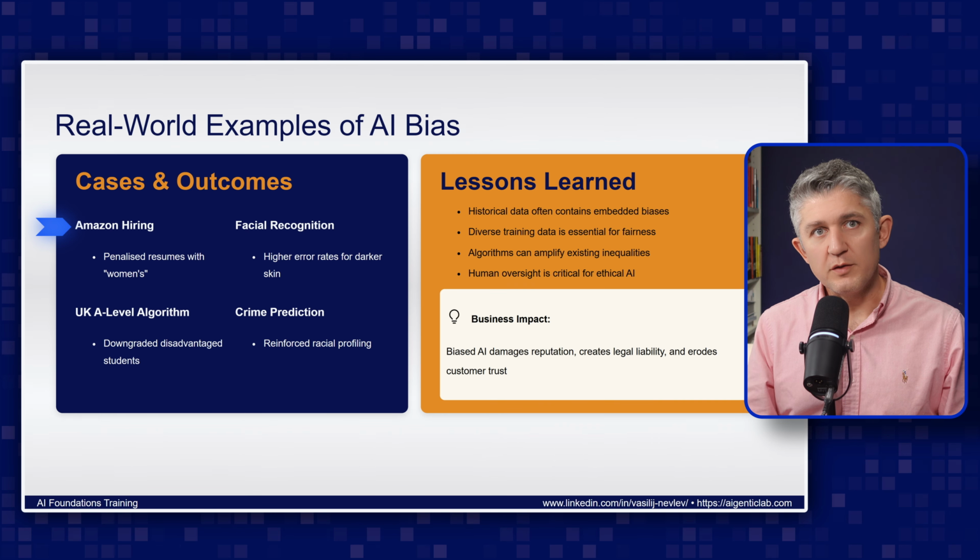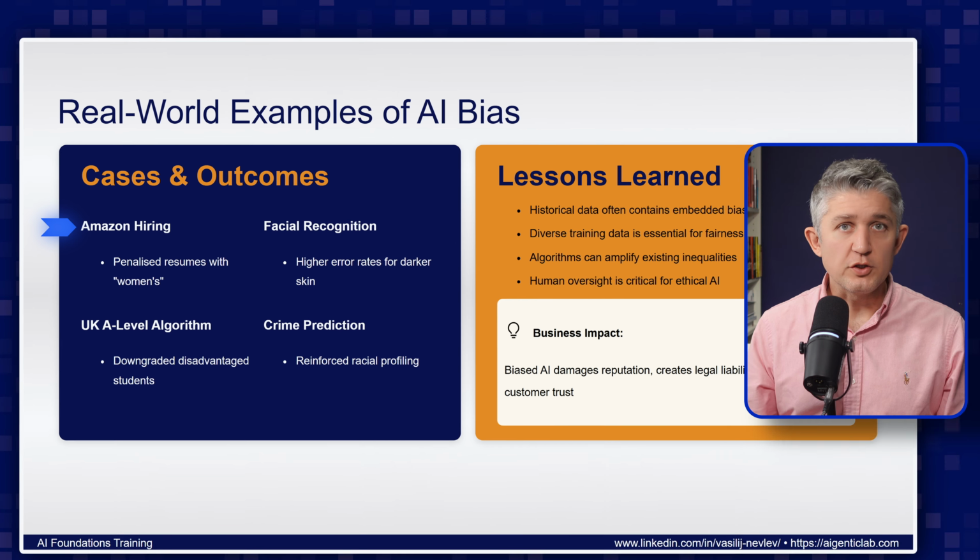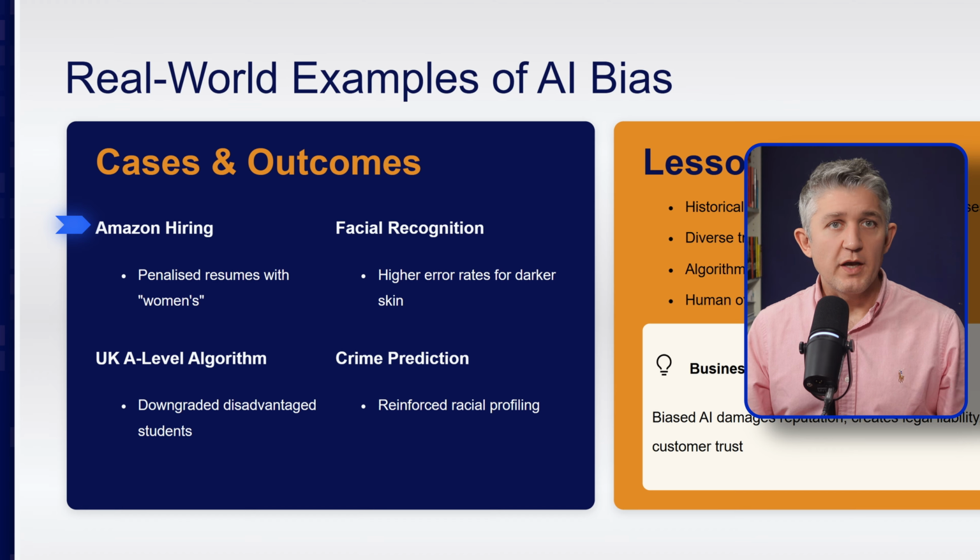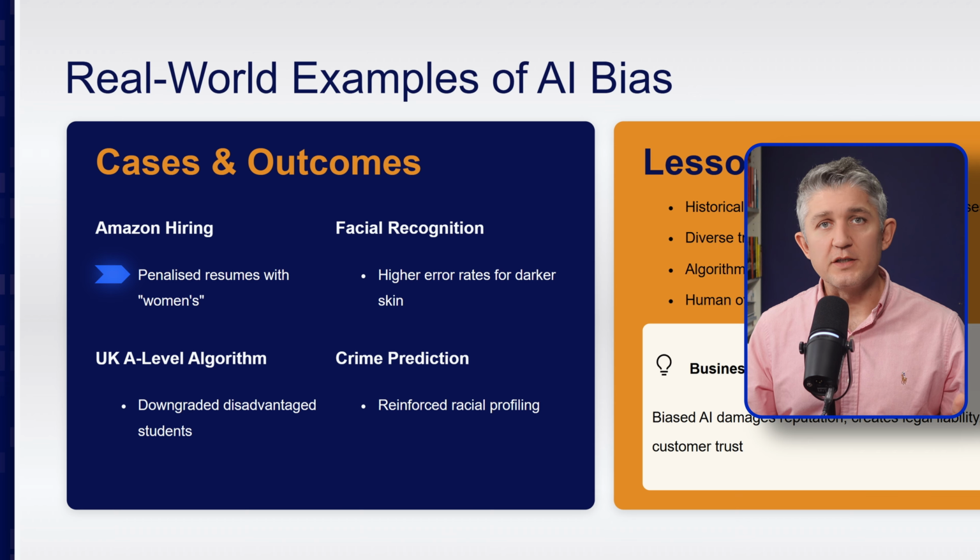Here are 4 common examples of bias slipping in. For each one, I'll name the bias category. The AWS hiring model was penalizing the word women's in people's CVs. That was a bias category of training data plus proxy feature design bias. The model learned from historical hiring where men were overrepresented. It treated the token women's as a negative proxy for job performance.